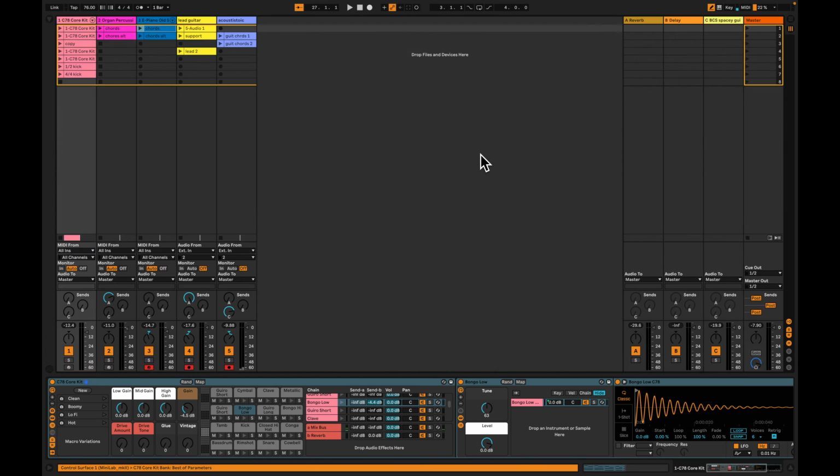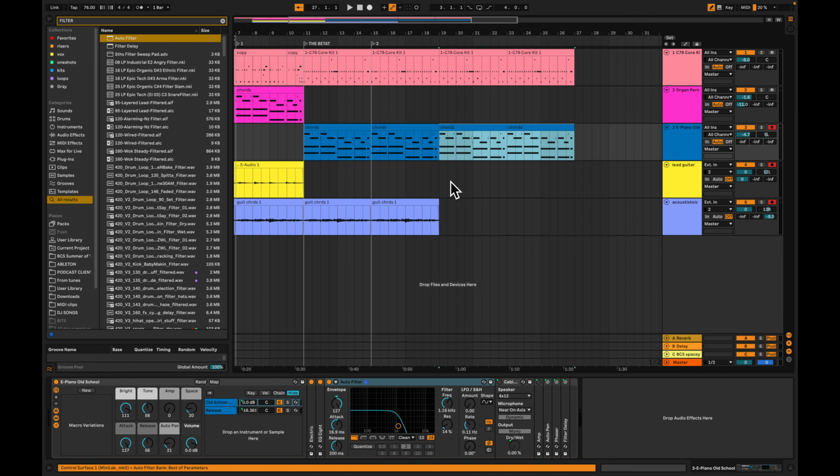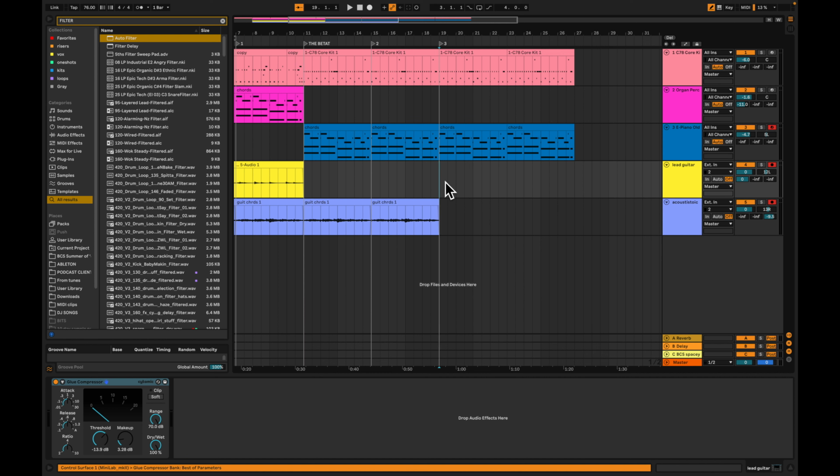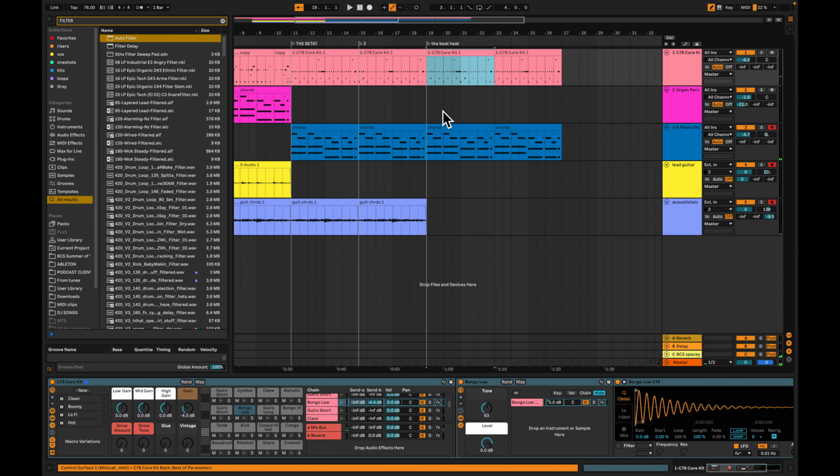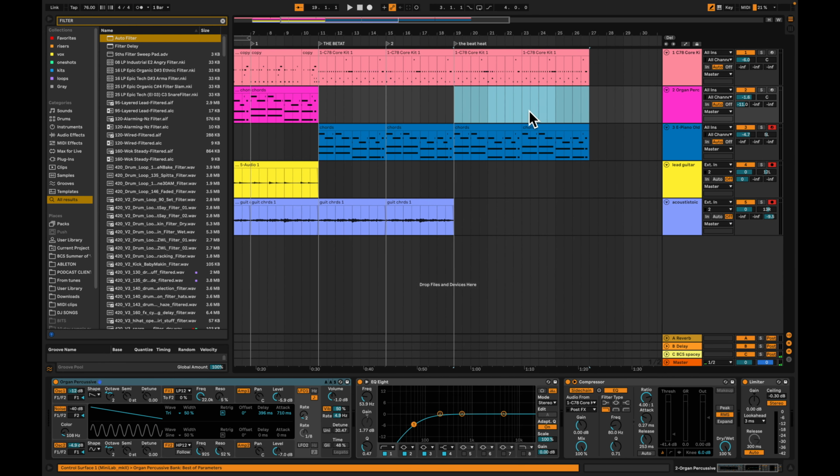And then, all right. Now I've got, I'm going to repeat these chords. And then I'm going to change this next section up. So I'm going to go right here, and I'm going to name this the beat. Whoa, that's too much there. The beat heat. Yeah, okay. So for this section, I want to turn things up a little bit. And I'm going to do that